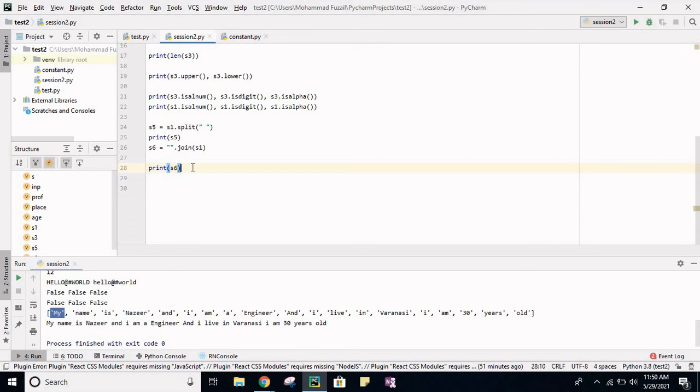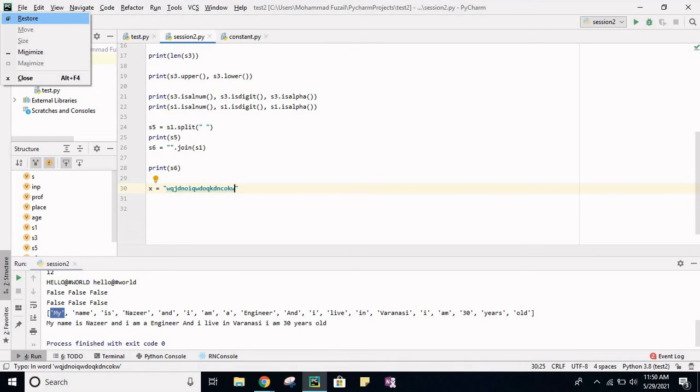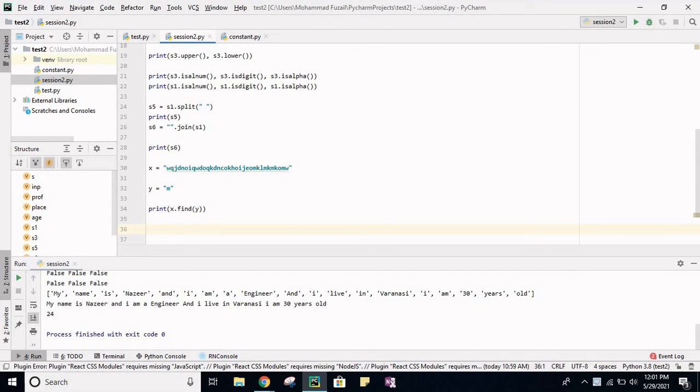Now since we have seen all these functions, split and join and all, suppose there is a question by the interviewer, let's say we have x as a string like this. You got the idea how this find function works. We have used this find function to check the first occurrence of the particular character which we are finding. We are finding m in this string.